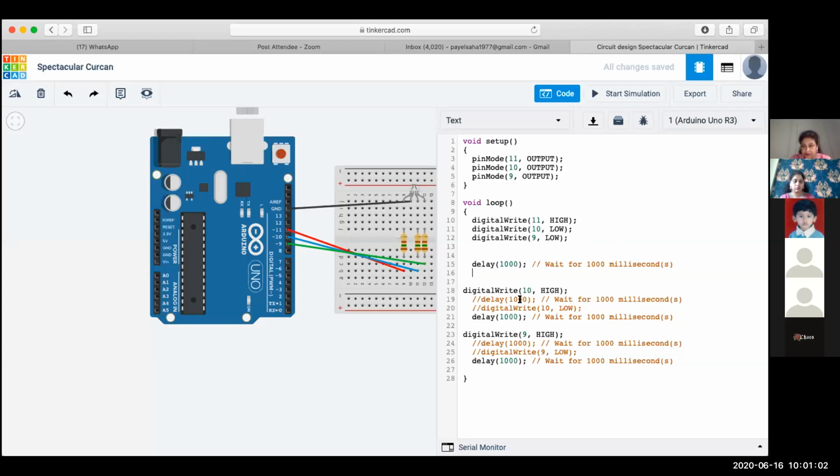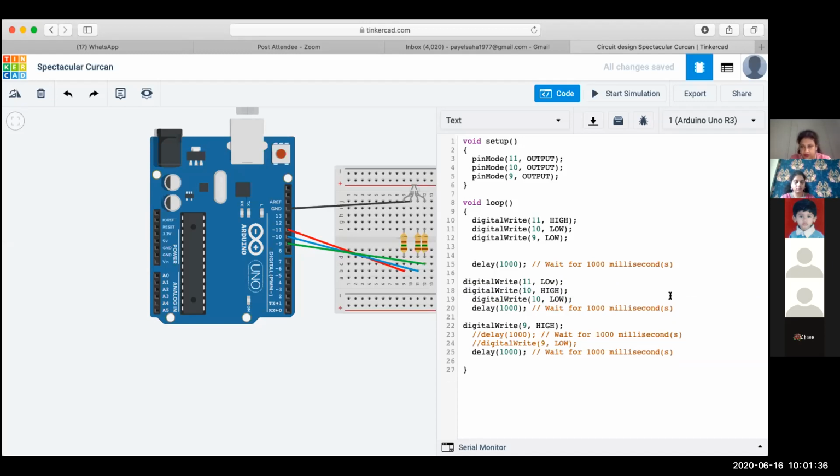Then I'll make blue high, but when blue is high, I have to make red low, and when blue is high, green also should be low.